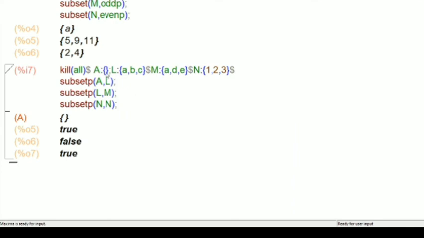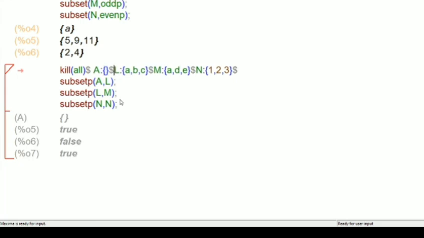So in the case of the empty set, it is showing empty only, but in this case, is your L a subset of M? Yes or no? No. Remember, your A is a subset of L. That's why it is showing you true. Because here I have put a semicolon sign, it is showing that.